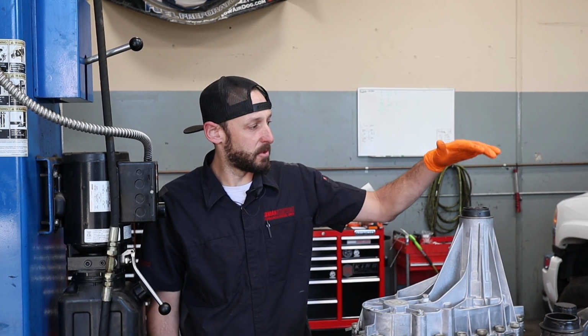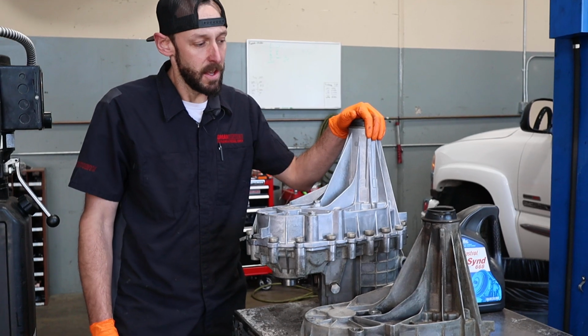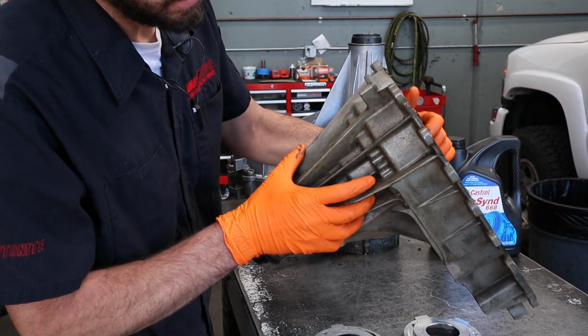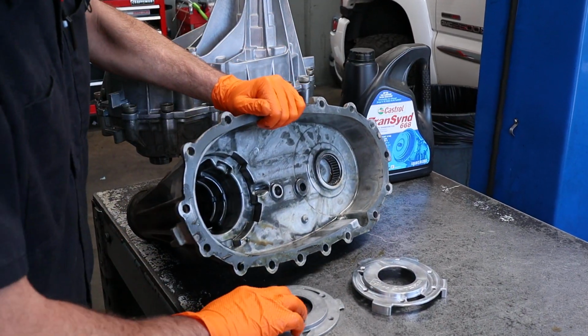Today we're here to talk to you about some of the transfer cases in the 01 to 07 truck. There's a real common problem on a lot of these. They have what's called a pump rub through on the original housing here. You can actually see where we have a hole in the transfer case, and what that's caused by is the